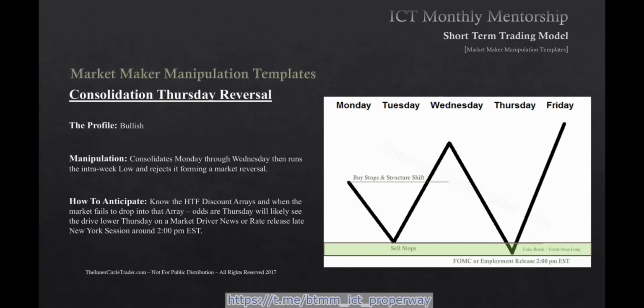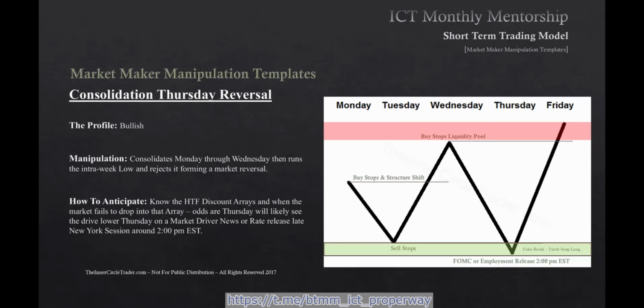This false break becomes a turtle soup long, and you're looking for the market to trade up into where the weekly buy stops are. This is your liquidity pool, and it's going to trade up into that level as your weekly objective. So your one shot, one kill setup would be buying the break below the weekly low on Monday